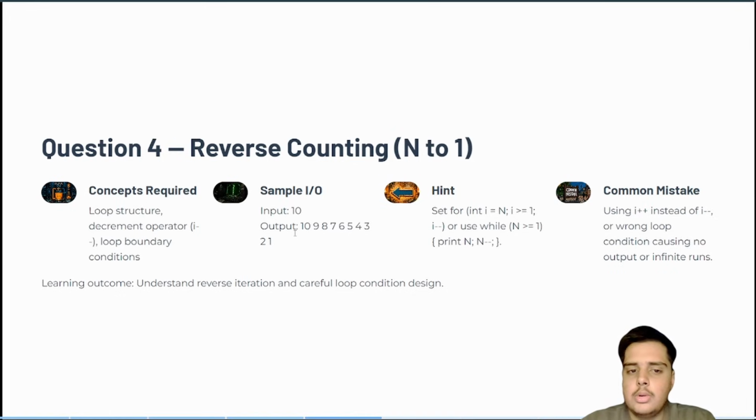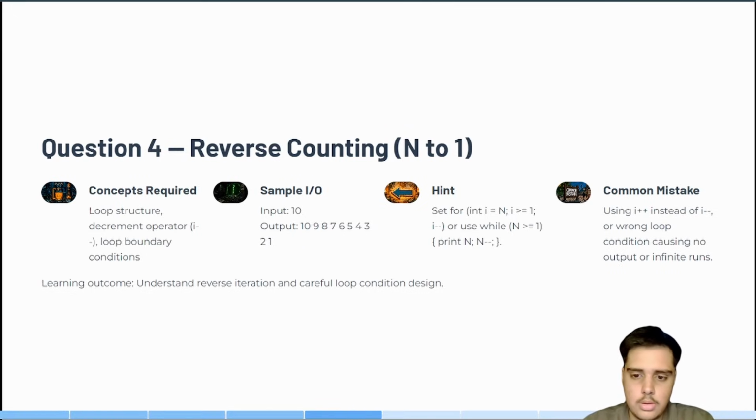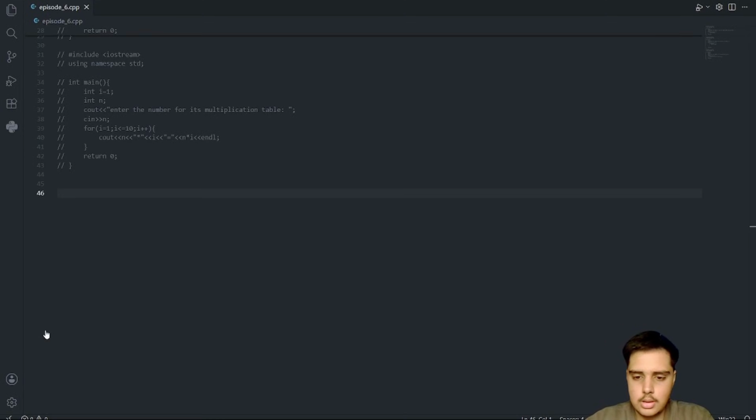It is int i is equal to n, i greater than or equal to 1, i minus minus. Simply. So I believe we have understood the question.